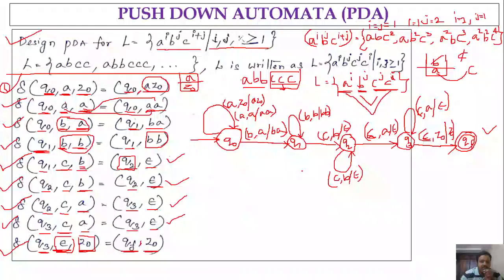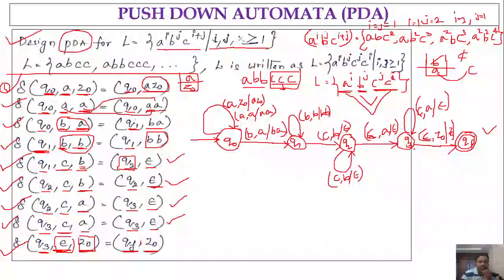In the previous sessions, I mentioned that whenever a question like construction of PDA is given, you can write either these transition functions or you could also construct the state transition diagram. Usually writing the state transition functions is enough. But if you are interested, you could also draw the state transition diagram for the given language properties.